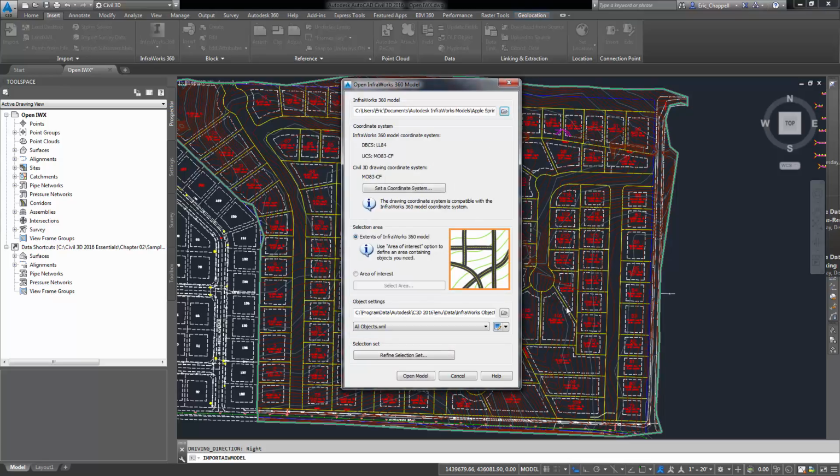Civil 3D is going to think about that file for a while. Notice that it picked up the coordinate system that it's in. Next, I get to choose the